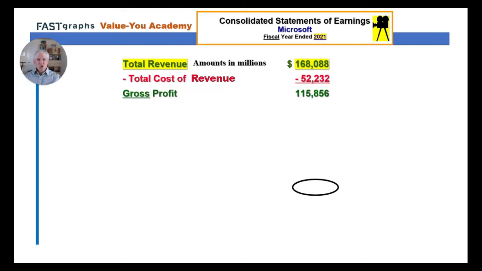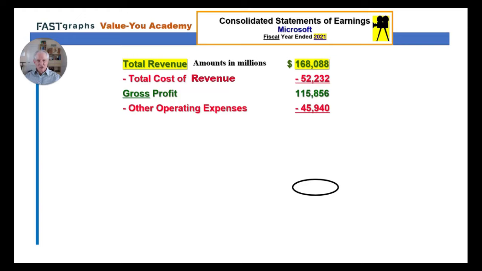Now, the cost to generate that revenue, that could be direct labor, direct material, direct overhead. Those are the people making the software and other things for Microsoft. Maybe making the Surface, their computer, and so forth and so on. They've got a lot of revenue from products and services. All right, they've got some other operating expenses. They've got a lot of facilities around the world with a lot of people and so forth and so on. They've got finance, they got accounting, they got IT,